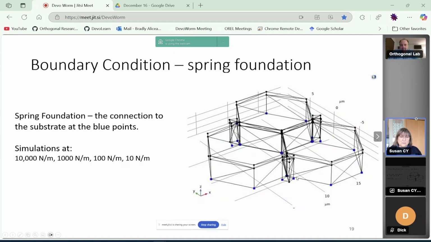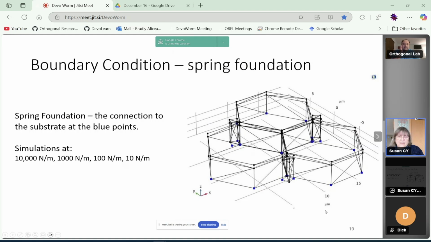So these are springs. And I chose a variety of spring constants from 10,000 newtons per meter to 10 newtons per meter. And that's quite a large range, but tissue also has a large range